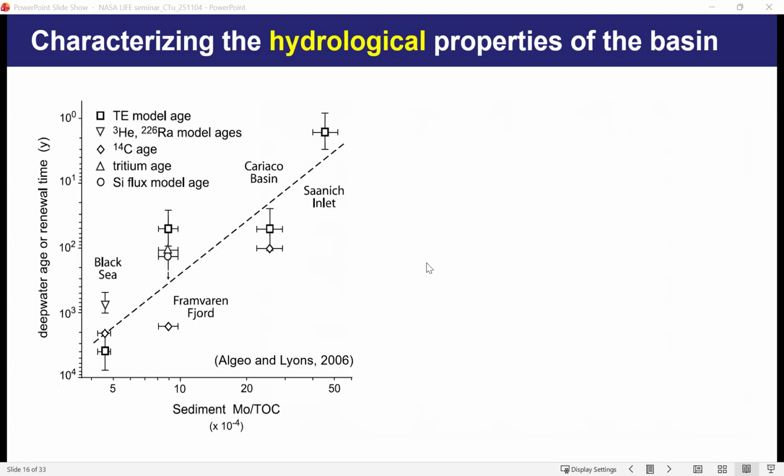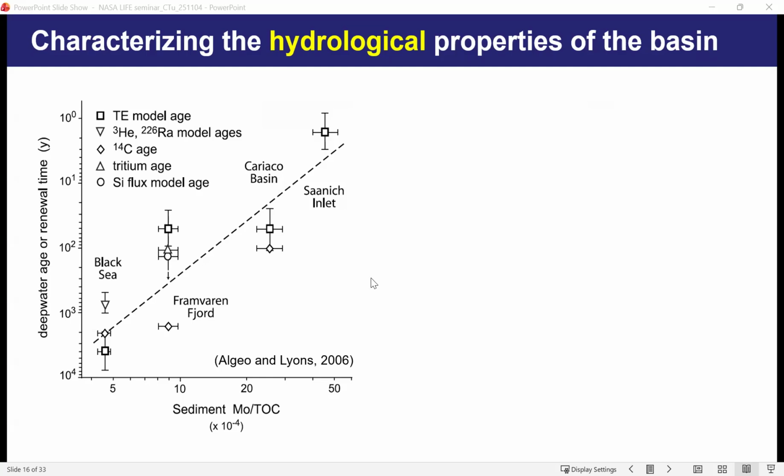In sulfidic settings, sedimentary molybdenum to TOC ratios can be further used to constrain the degree of water mass restriction. Detailed studies on modern restricted basins show that increasing restriction is closely correlated to lower molybdenum to TOC ratios recorded in sediments, such as in the Black Sea and Precambrian fluid. Two processes can lead to these muted values. One is rapid drawdown of trace metals from the water column, and the second is limited seawater renewal from the open ocean.